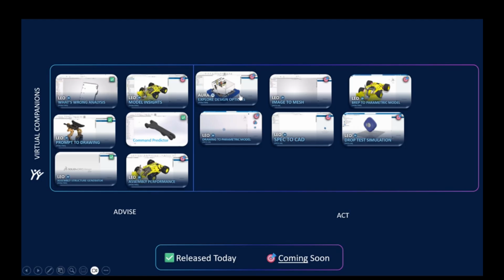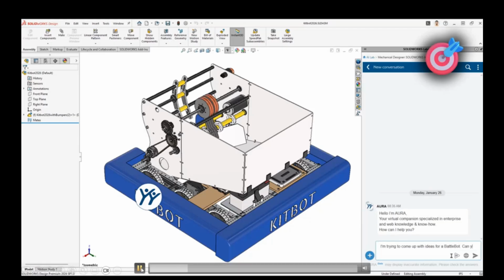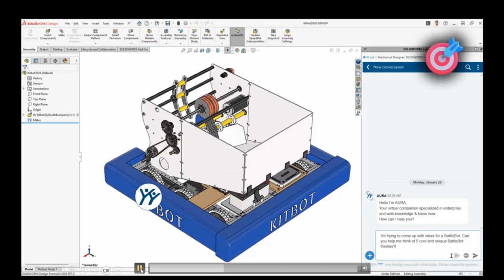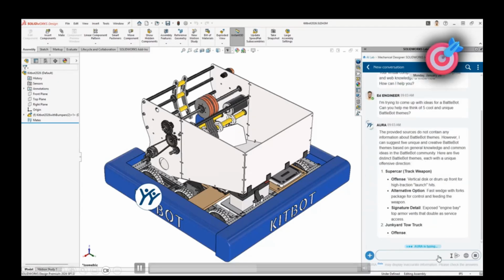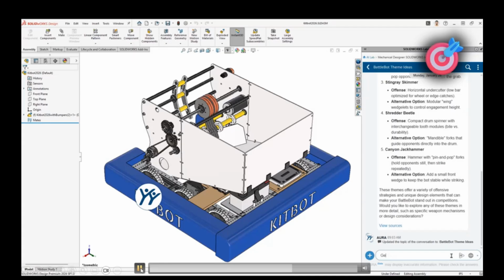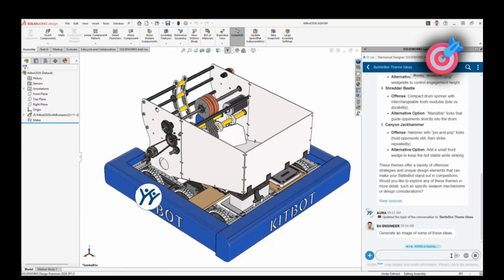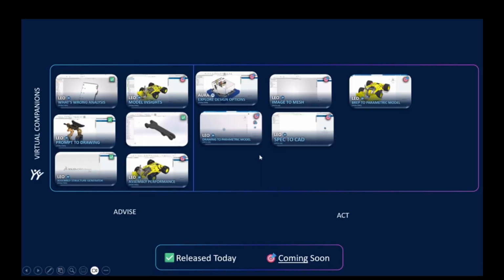First, explore the design options. How will this work? We have an assembly, and we give Leo a prompt: give me 5 cool unique themes where this particular assembly is going to be used. Leo will identify where we can use all these components and suggest the best 5 cool themes for us. If you ask it to generate images, it will generate high quality rendered images for us like this. So from design, explore the design options I can utilize for this component.